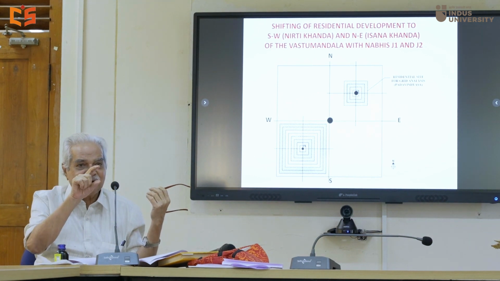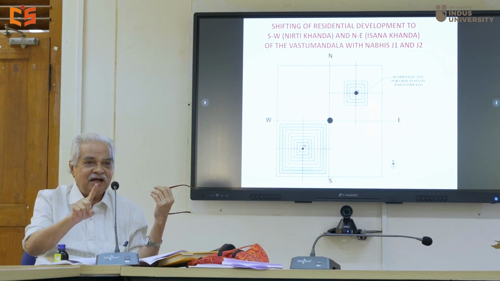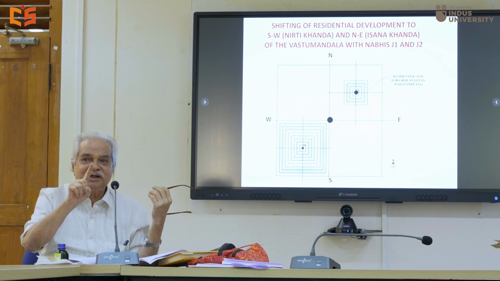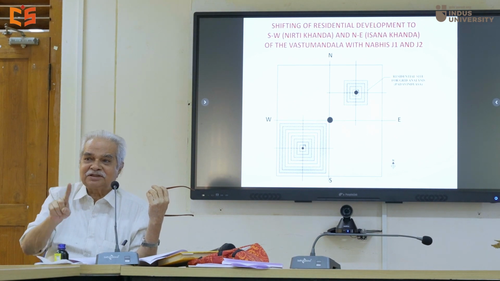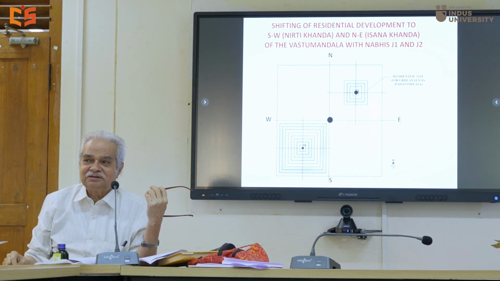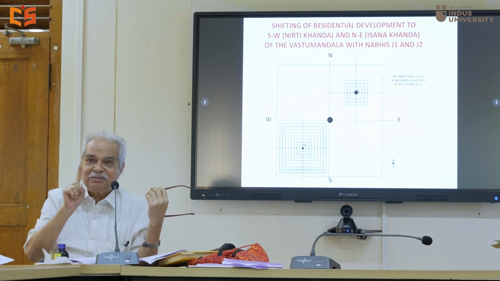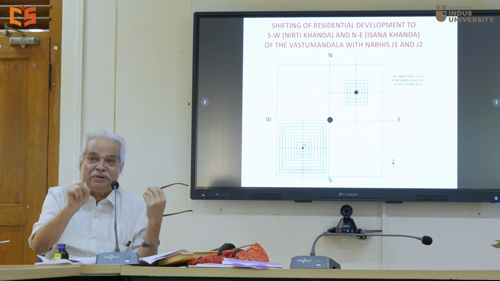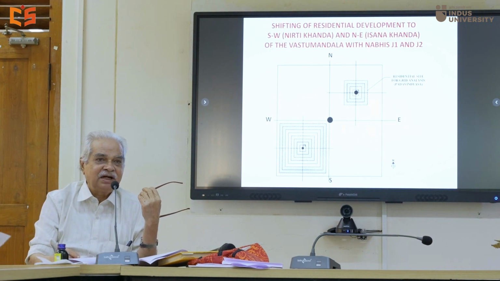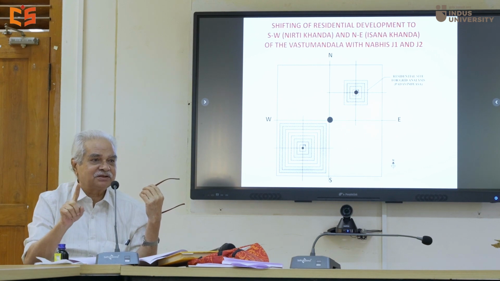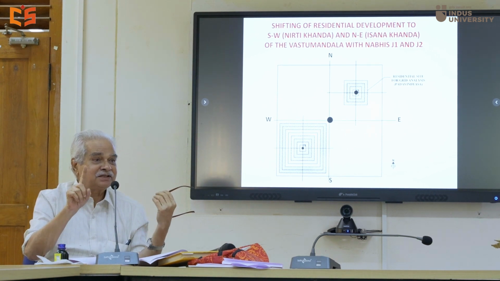Suppose you take one danda, 4 hasta as your measure, then you will come to 32 hasta by 32 hasta. 16 hasta by 16 hasta is the minimal plot, and 32 hasta by 32 hasta will be the maximum site